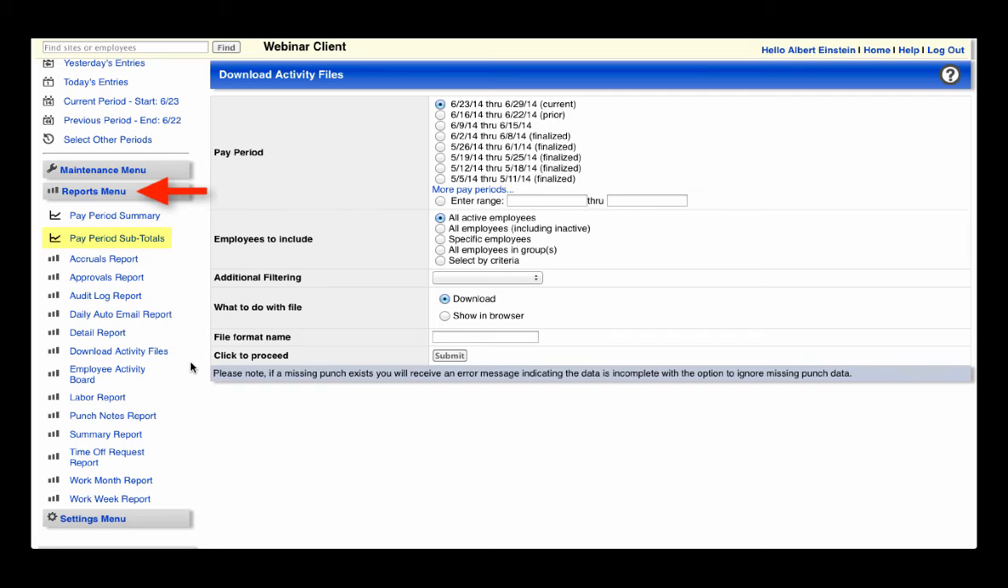The next is Pay Period Subtotals, which simply provides total hours per pay category. Next is the Accruals Report. Given the accrual rule has been outlined, you can easily view the employees' balances. You can also view what time cards have or have not been approved with the Approvals Report, track time card